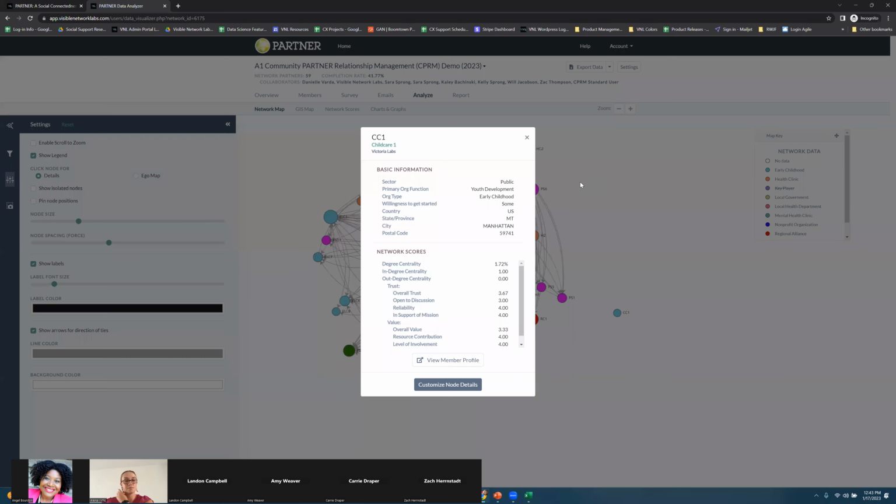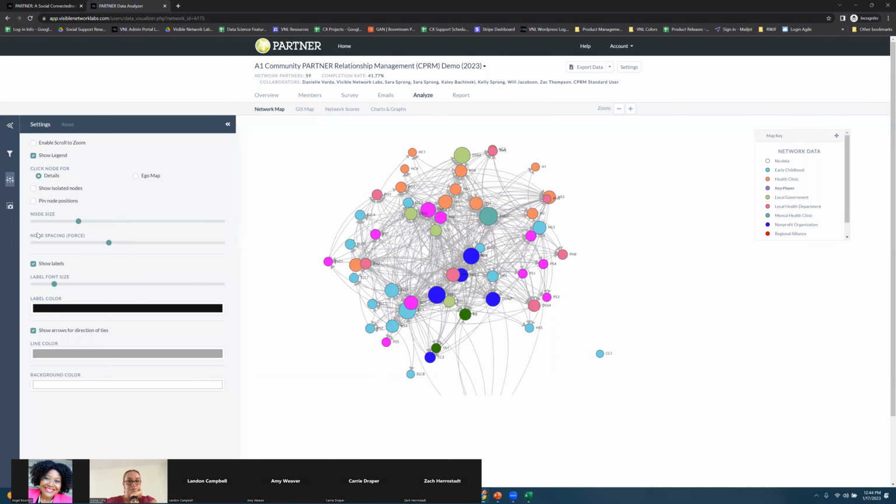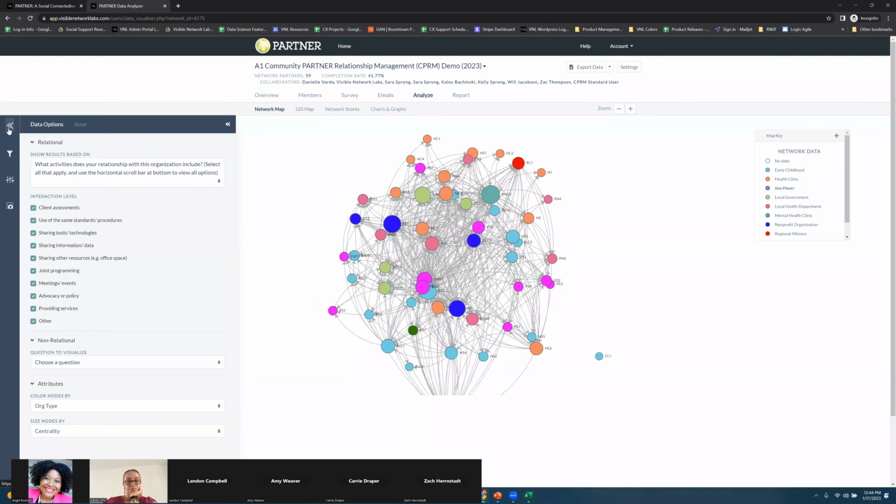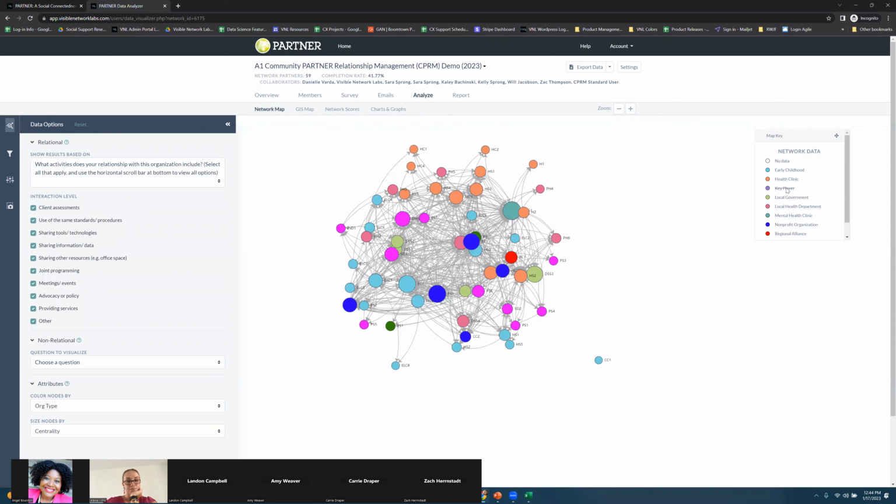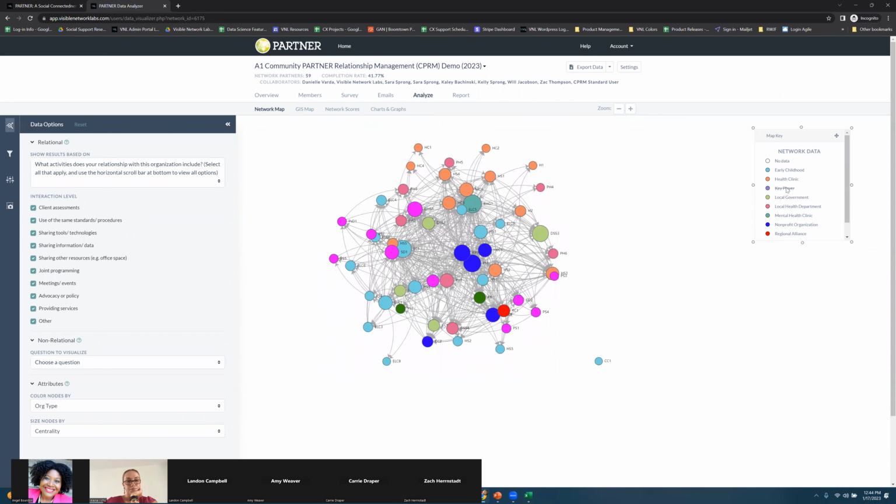It's really important that this childcare one has a connection to either the state agency or someone else in our network, right? Because they may not get the same information, they may not be able to connect to key resources, especially if that state agency contributes certain resources. So one thing you can see as well is if I pull him back in, I might want to see